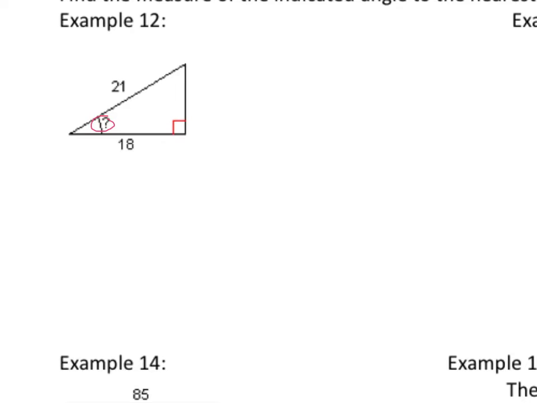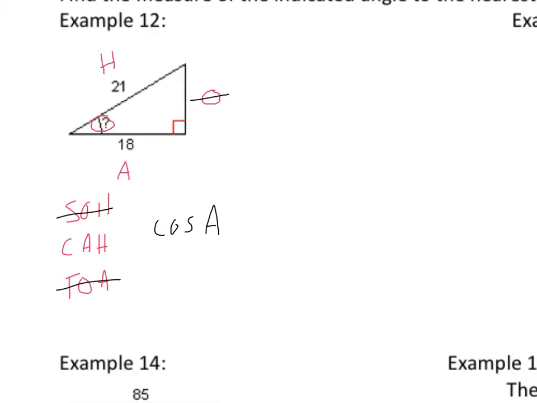So just like before, if they are looking from that angle and they are looking at the triangle with that perspective, this side would be considered opposite, this is the hypotenuse, and this is the adjacent. So if you look at our three choices, the opposite side does us no good. So anything with opposite is not used. So the cosine of the unknown angle is equal to adjacent over hypotenuse,